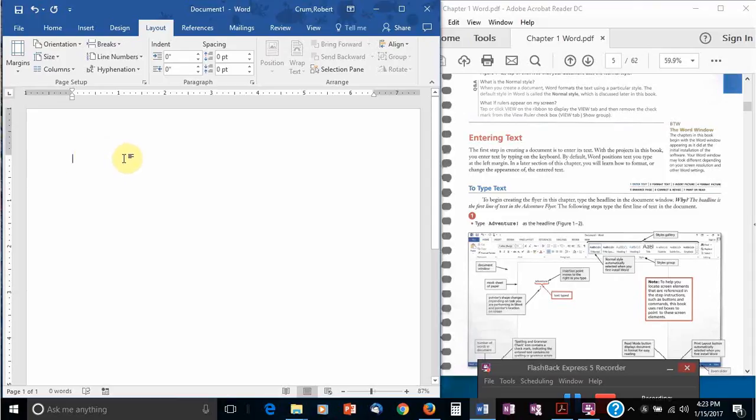Okay, so we'll see that the first thing here is to type text. So step 1, type adventure. And exclamation mark after that. So you've typed that, and then underneath that you have the